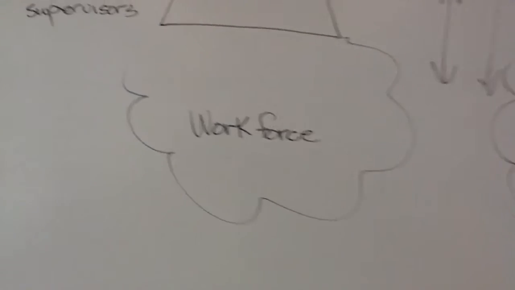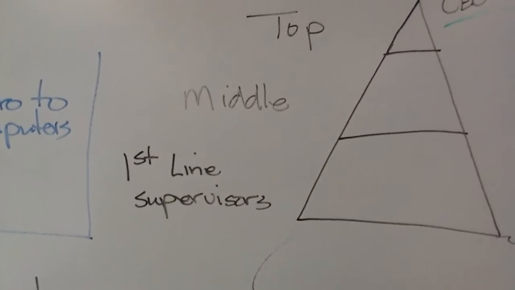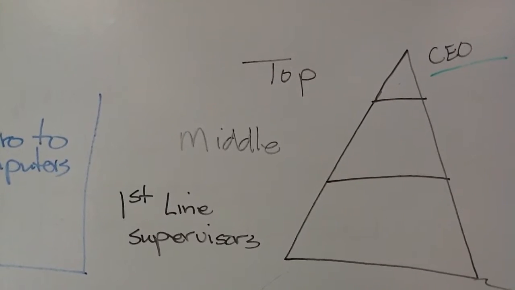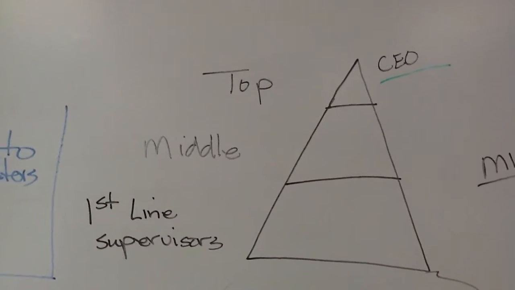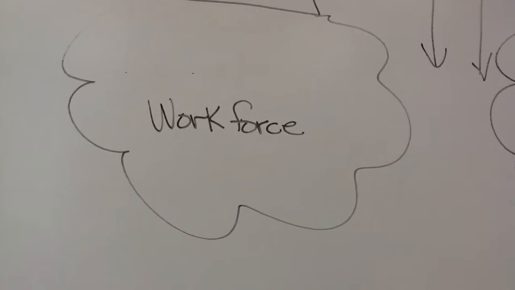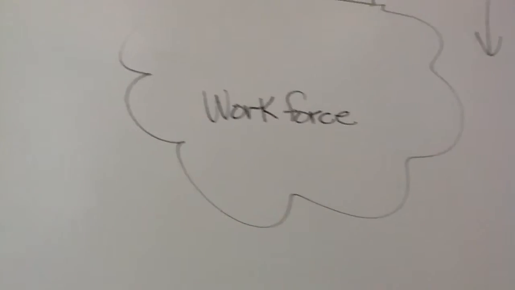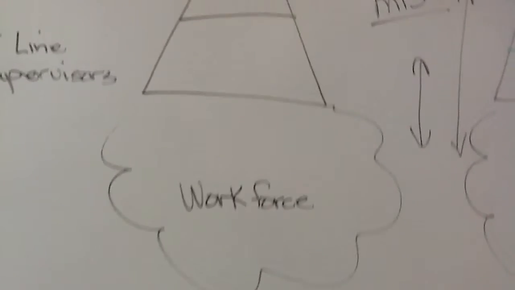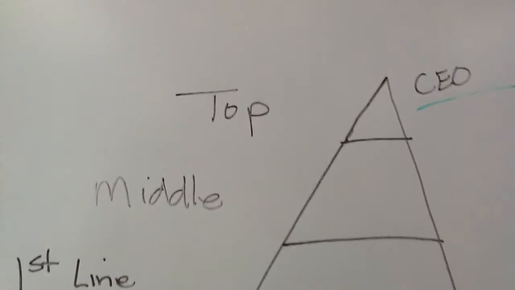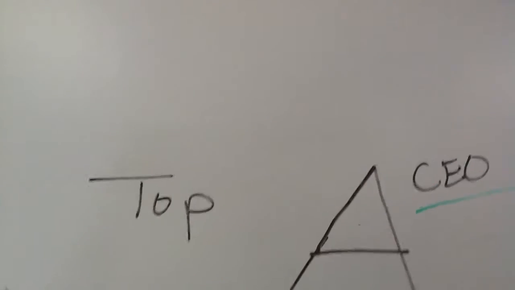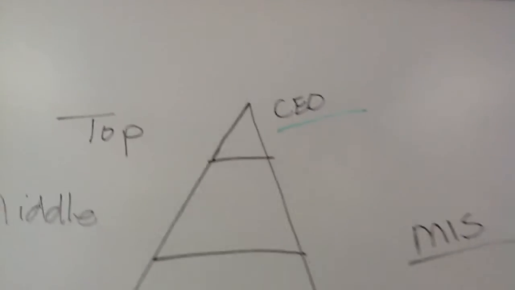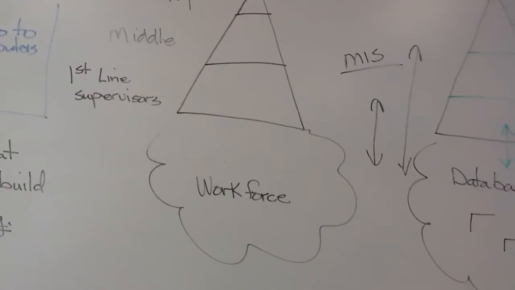and then we talked about the people who make decisions in companies, and we just divided it into three: first line supervisors, middle management, and top management. And then we have a workforce. These are people who don't oversee anybody. And so we have a big workforce. We have less supervisors, even less middle management, and very few people at the very top. And then above there we could say we have the board of directors.